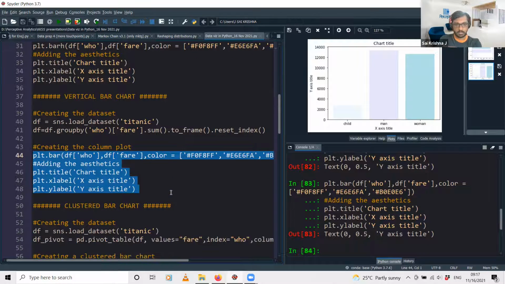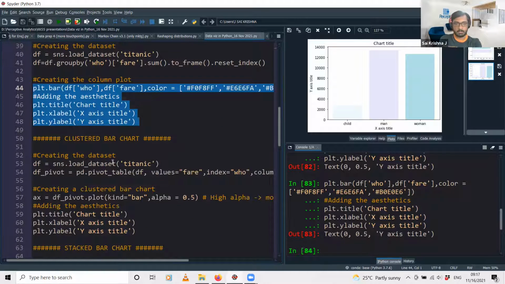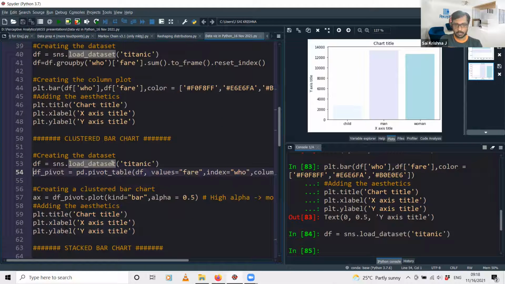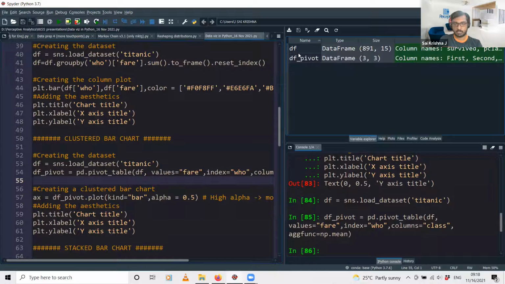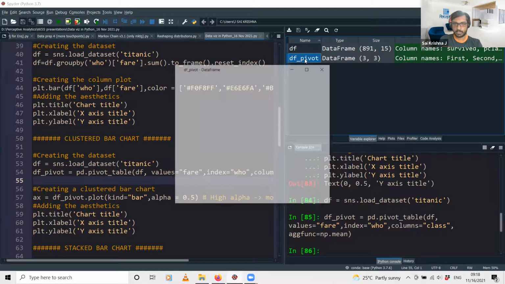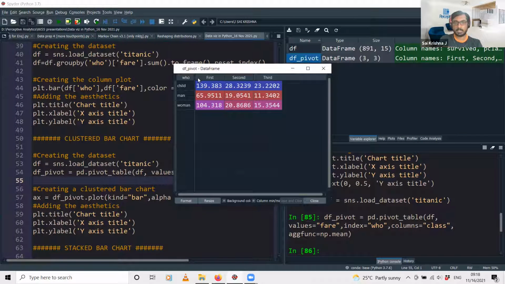So next up is the clustered bar chart. I am using the same data set, but here I am performing a different type of aggregation. What I am doing here is taking the average fare paid by a person in each class. This is our original data set having 891 rows and 15 columns, but I am doing a different type of aggregation of this data set, for each gender in each class.